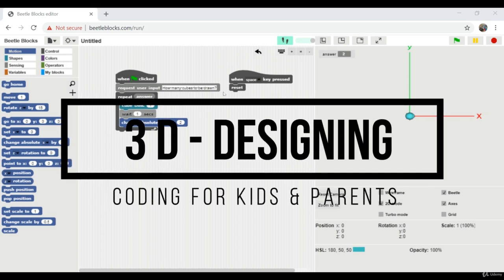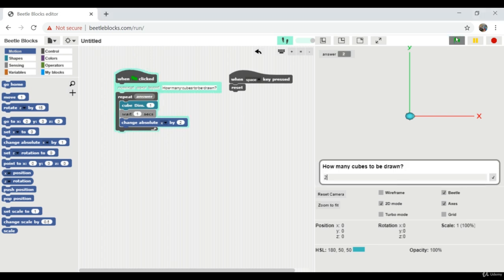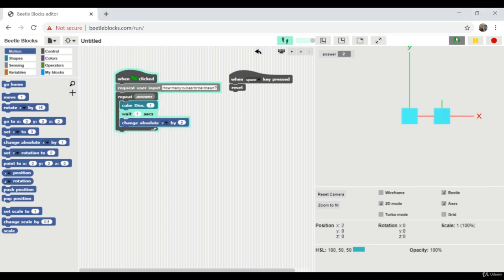So this was the program that we built till the last lecture. Let's run it once and see what was the result, and then we will move ahead. What it is doing is, it is making cubes on the x-axis. So we had changed it to change absolute x by 2. Now let's move back to